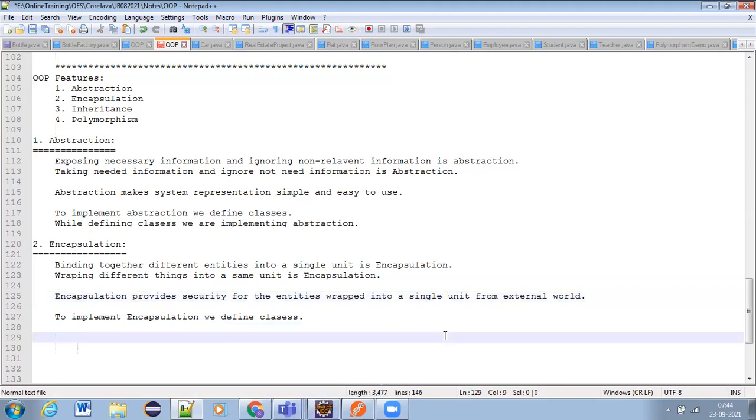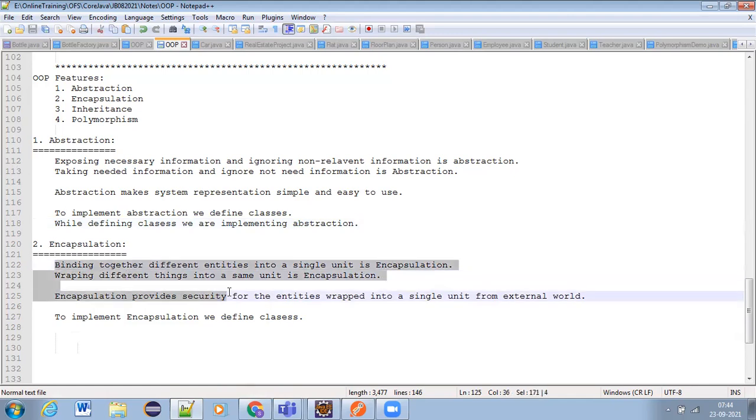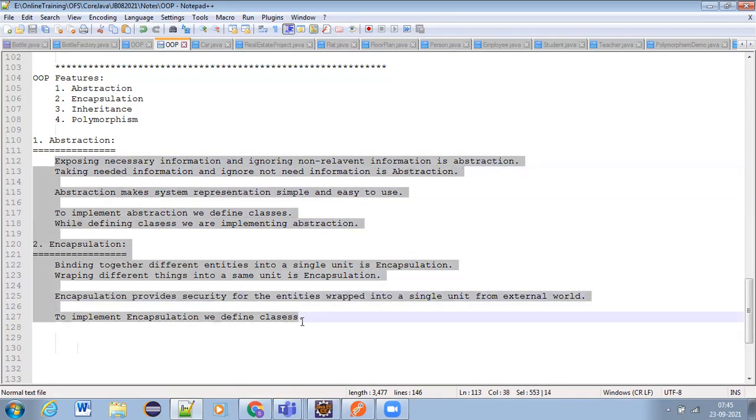Okay, so this is about abstraction and encapsulation, and of course we will have different levels of abstraction. We can go into different granular levels of abstraction implementation, and of course encapsulation implementations also, which we will discuss in further sessions. Today we stop here.